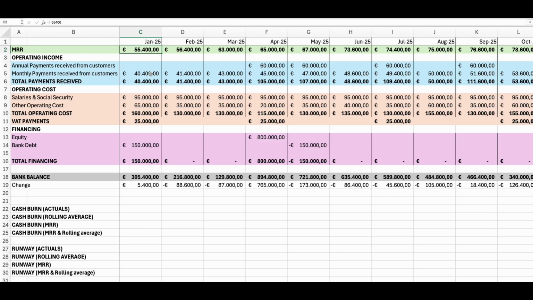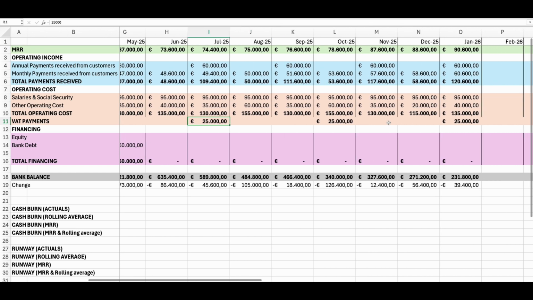Some clients pay monthly, and other clients pay an annual fee. So their cash flow, the amount of money that comes in every month, is very volatile. We have some months with 40K, some months with 100K, etc. In terms of their cost, they have about 95K in salaries, some other operating costs which are fluctuating quite a lot month over month, and then also they are making some VAT payments at the end of each quarter,